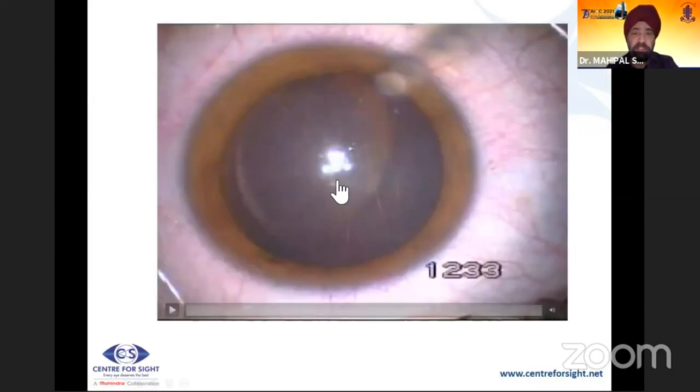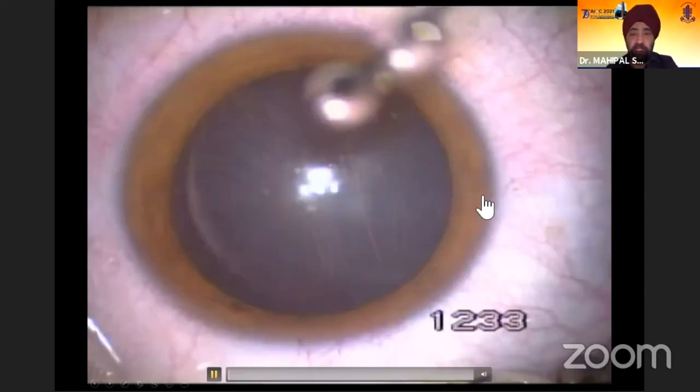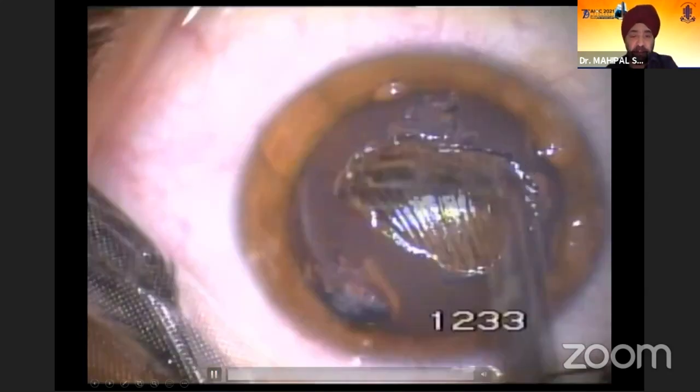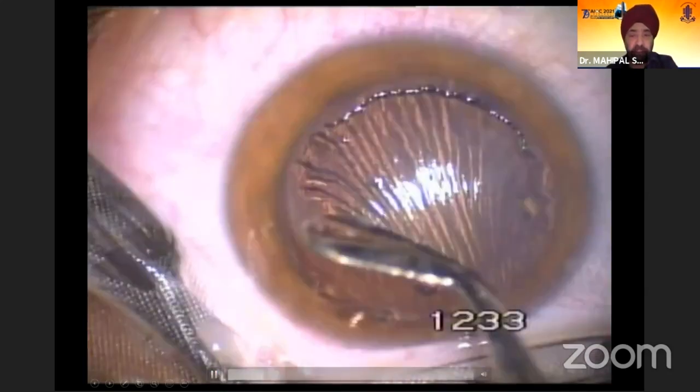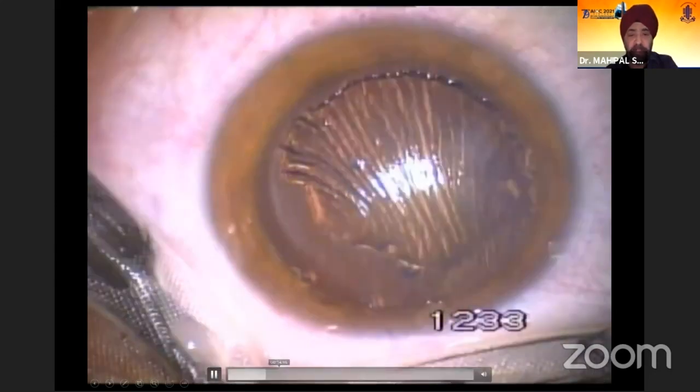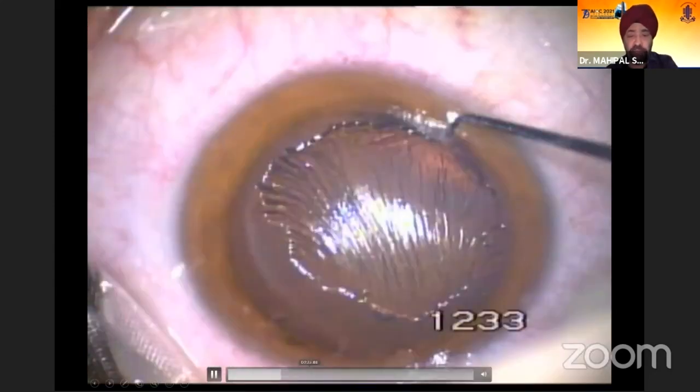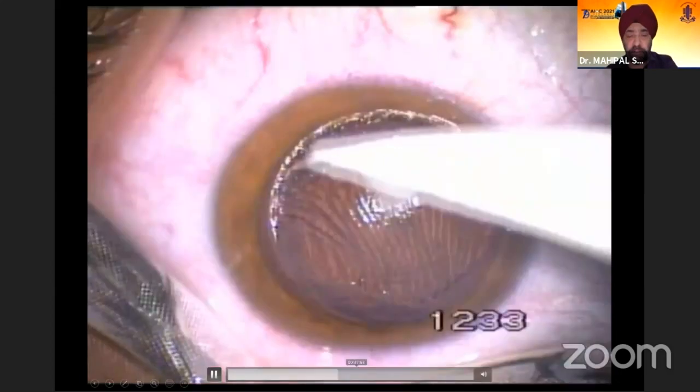If there are such macro striations, there is no way that a lift of the flap and just a rewash, which was done elsewhere, can do anything. You have to do it on retro illumination. You have to remove the anchorage of the epithelium that is there. And once you have removed it, you put hypotonic saline, you relift the flap, and then after the flap is swollen, you will use the Merocel sponge